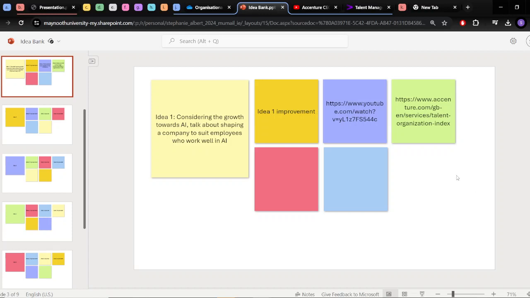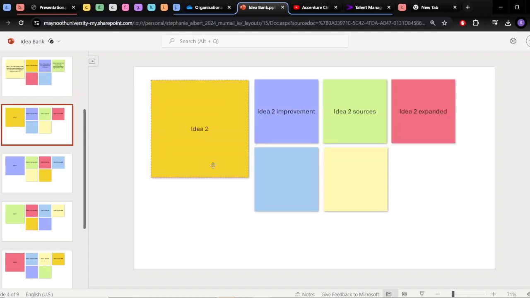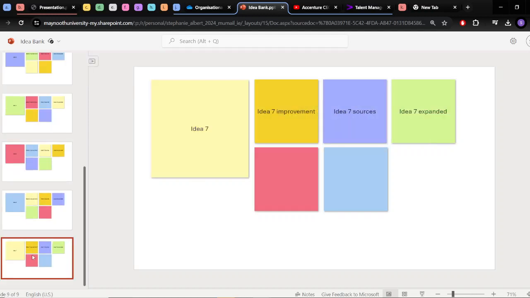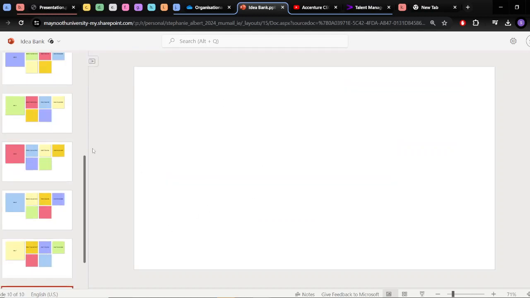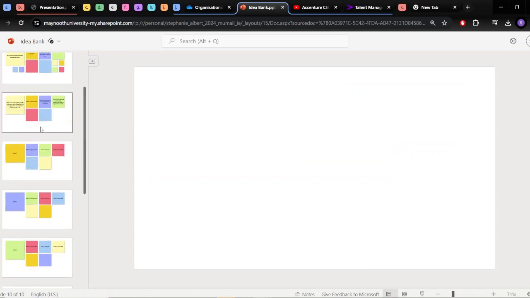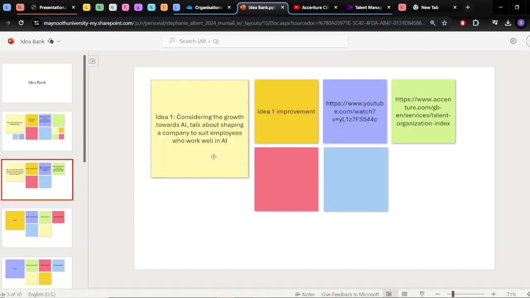And if you don't like the look of this, the way I've done it, you can just make a blank slide and write whatever you want. And if you don't want to share your ideas with us, then I'm just putting this here to let you know that you should be thinking about section 3 as you go along, and to take note of any thoughts you might have. So even if you don't want to put it into a shared one where the rest of us can see, write it down for yourself or something like that, right?